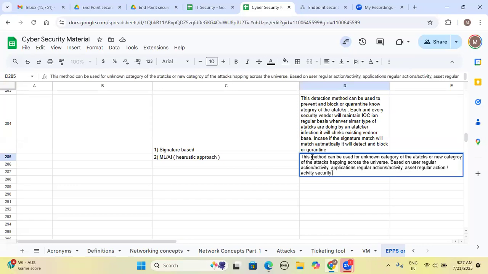The security tool vendor will verify with the existing database, history, past data or inventory. In case it is not there in the past, or it is a completely new activity,